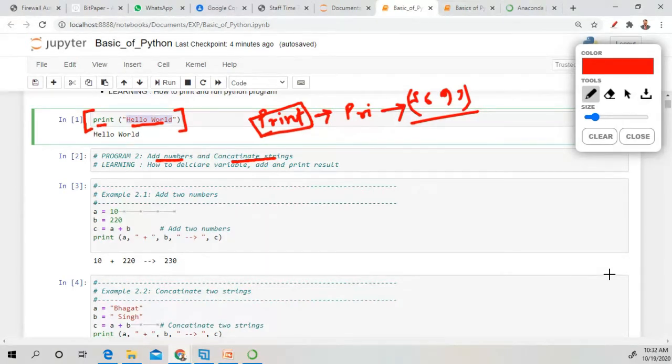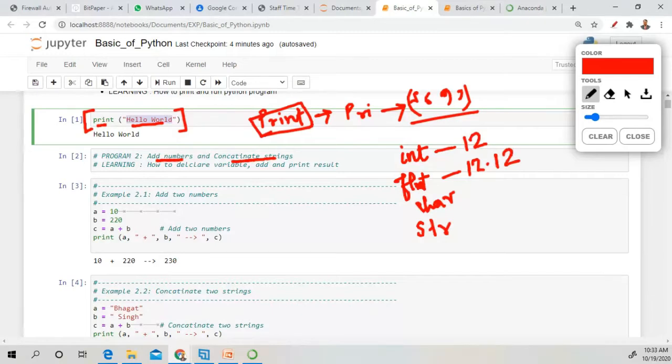There are different types of data types. How many types? You can say there is the int data type, float, then string. An integer value is called an integer, and 12.12 is called a float.